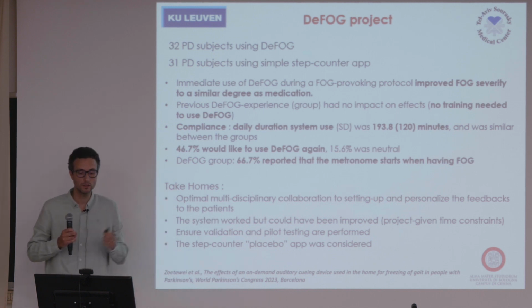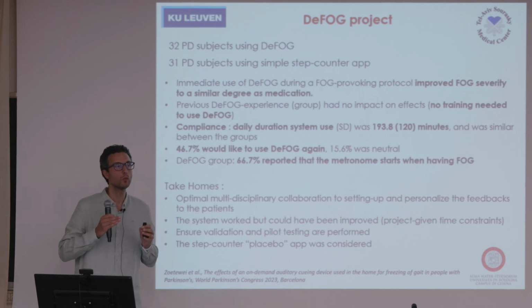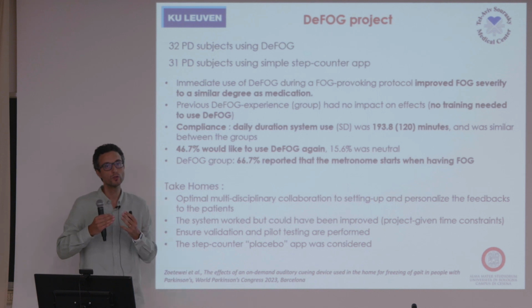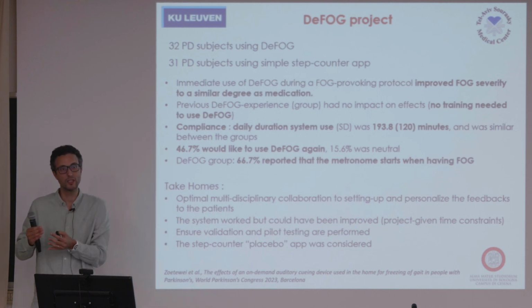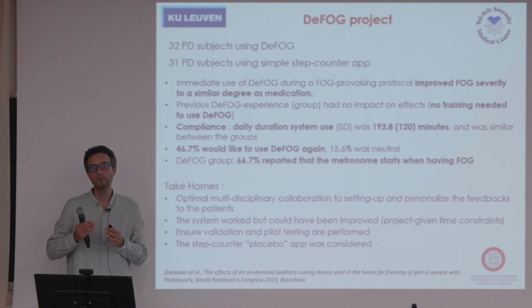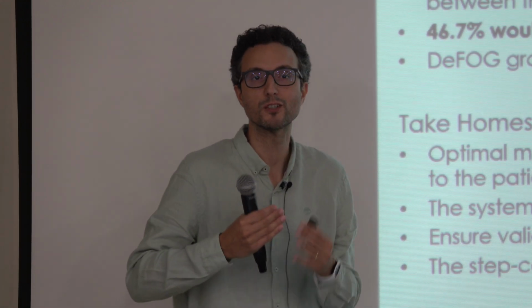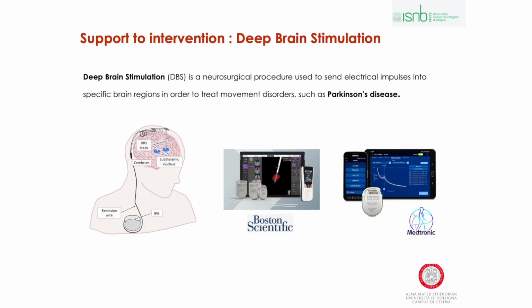And interestingly, we considered a step counter placebo app. To understand what the effect of our digital health innovation was, we also provided a control group with a placebo digital intervention that would only provide them steps. This can be interesting to evaluate if some people are just technology enthusiastic and would improve just because of that. Last thing, 10 seconds, as a